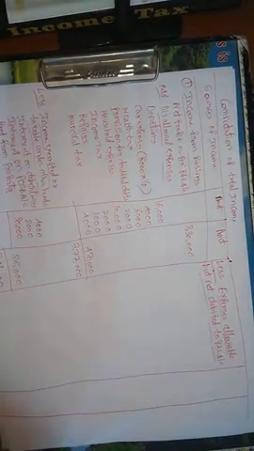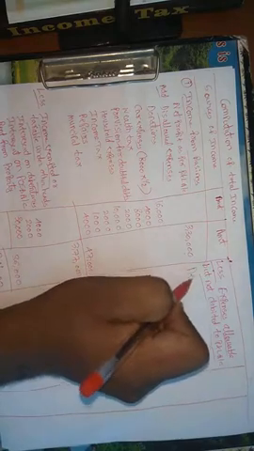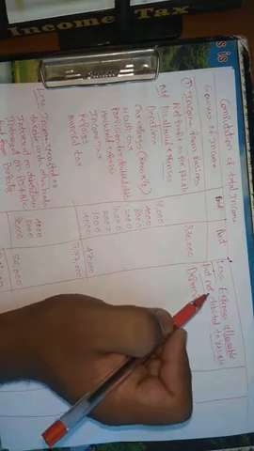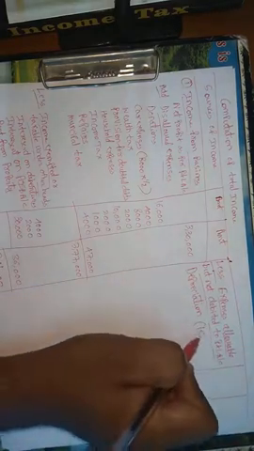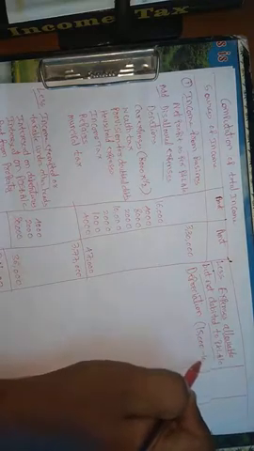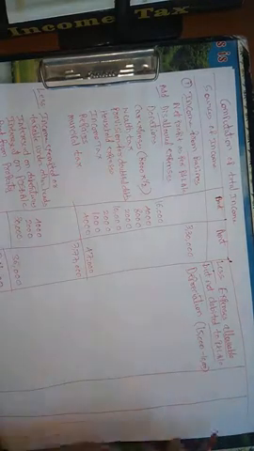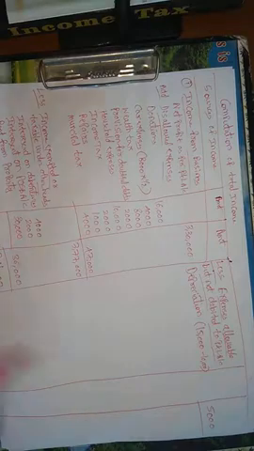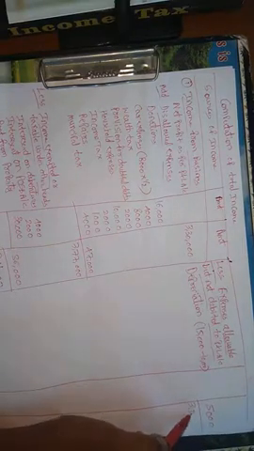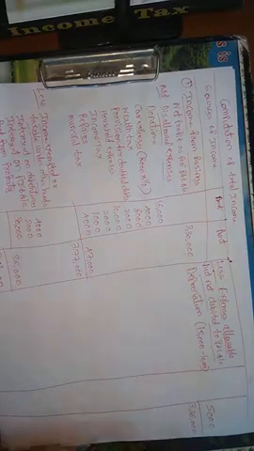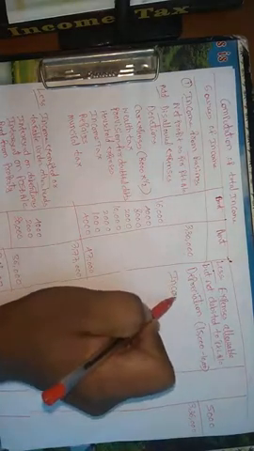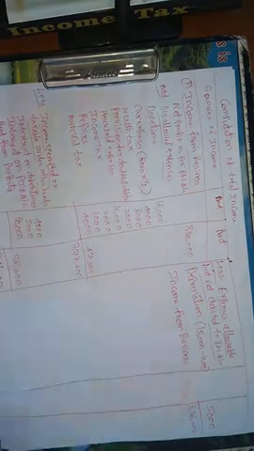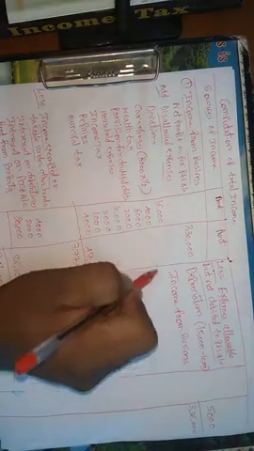So which are the expenses given in the problem? That is only depreciation. Depreciation is allowable up to 15,000, but it is allowed only up to 10,000 here. So 5,000 is the excess depreciation. Now 3,41,000 minus 5,000, so we will get 3,36,000. So this is income from business.